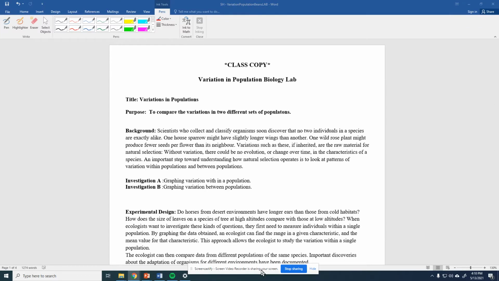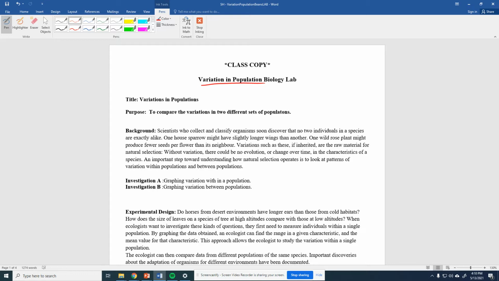All right, guys, today I want to just give you the instructions for this lab. So, we're talking about variation in populations, and we talked about variation before when we talked about genetics, but now we're talking about it again in natural selection and evolution. Natural selection is important here because, if you remember, natural selection is like survival of the fittest. And so, if you imagine that only the fittest animals survive and reproduce, and that's how a population changes or